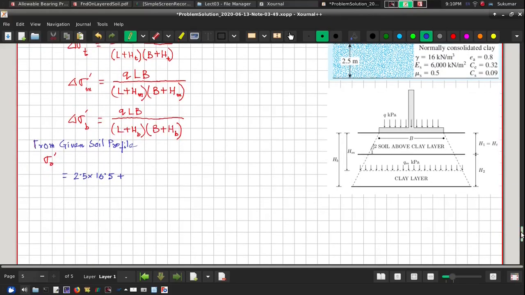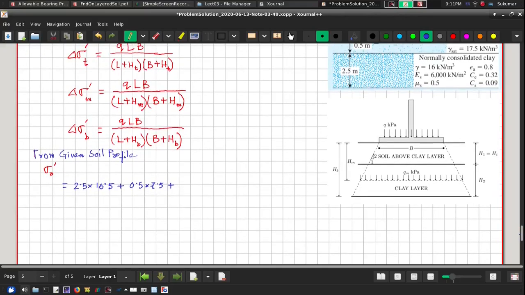Okay, so 7.5, that means 0.5 meter into 7.5, plus submerged density of the clay layer. Submerged density of the clay layer will be 16 minus 10, that is 6. So 6, and